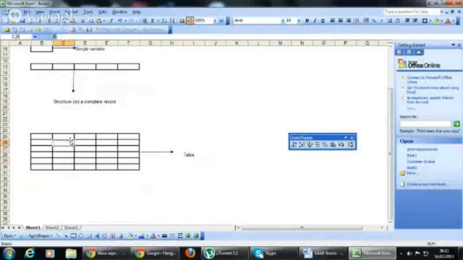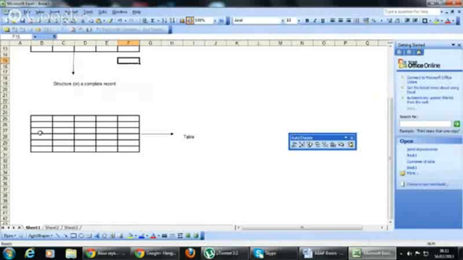So a table consists of more than one record. It can hold an array, a group of records, as many records as we want. Like when we are creating a table, we can give the length of the table, and